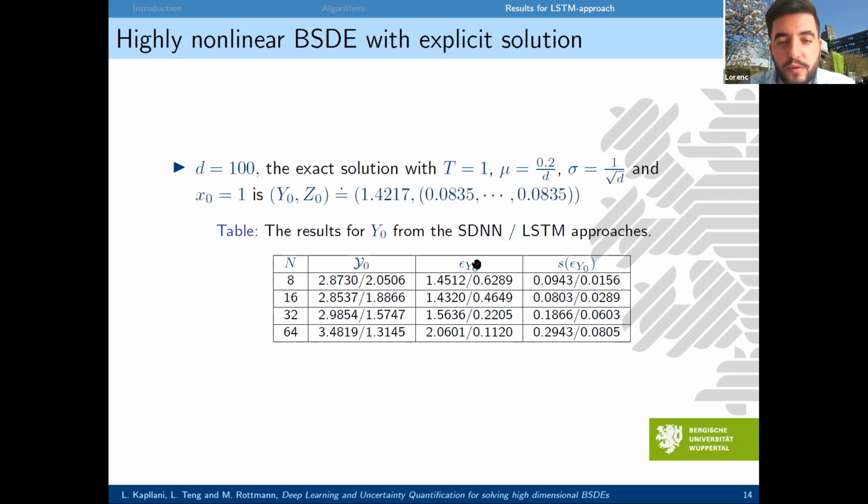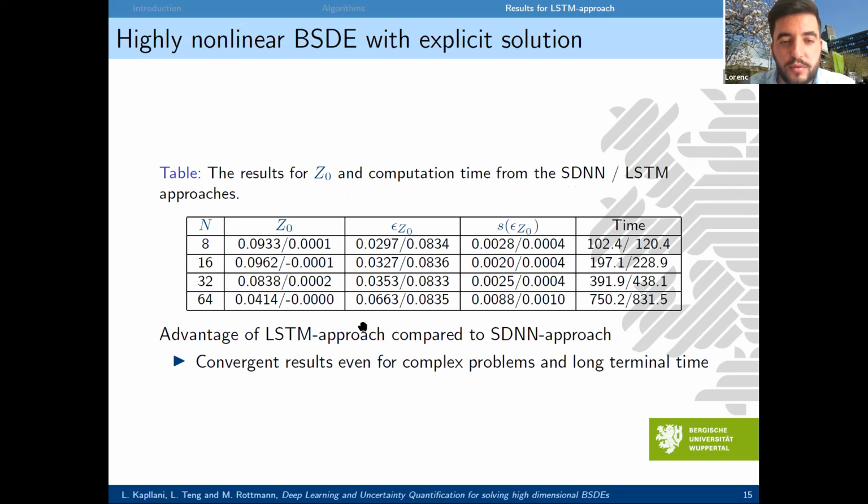So these are the results for the Y process. And then we have the results for the Z process. Also, the results are good even here. As I told you, in terms of computation time, this is a little bit more time consuming, but when you increase the number of time steps, maybe 64, maybe 1028 and so on, then the computation time may be almost the same, because in the SDNN approach we have a different neural network for each time step. So there the number of parameters will be much bigger, but in the case of the LSTM, the only constraint in terms of time is due to a very complicated loss function.